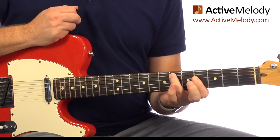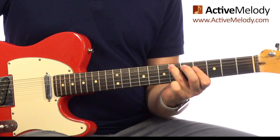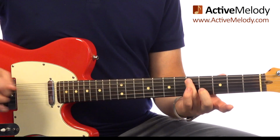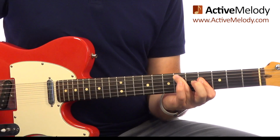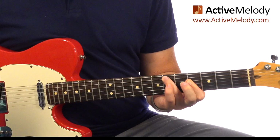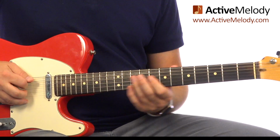So you can see that I've just changed the note in the bass. So we have, you can see that I slid up to that note. So I played this one, played that one, and then slide up. And then put your bar there on the 4th fret. You're only playing the middle strings now. You're only playing strings 5, 4, 3, and 2. Okay, so you have